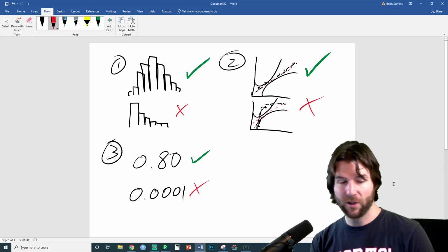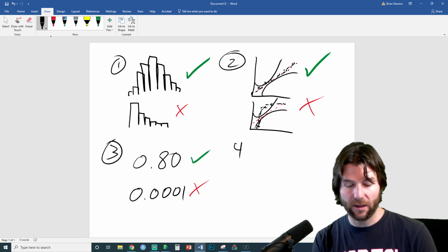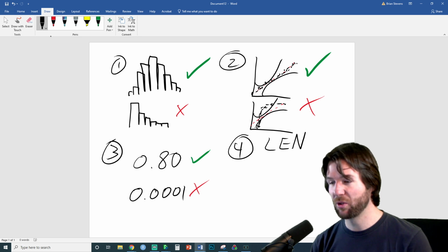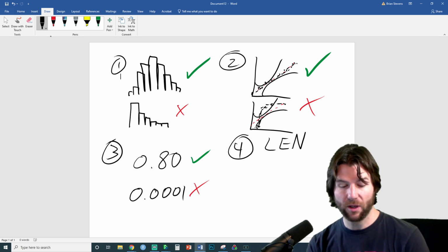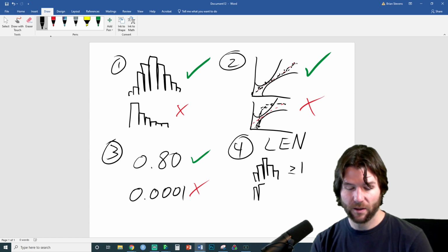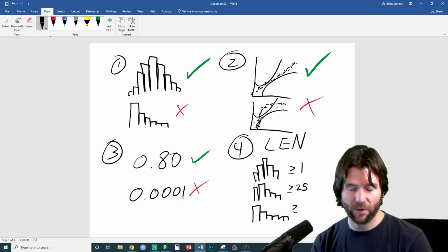The fourth way of knowing that your distribution is normal is the large enough n, so let's put a way right here, and we'll put large enough n right here. We're interested in the distribution of the mean. So if the distribution is normal, which you really can't see from one observation, then you only need n greater than or equal to 1. If your distribution is skewed, which we'll put a little bit of skew in here, then you need n greater than or equal to 25. And these numbers are a little bit subjective. There are higher order ways of doing it in statistics, so I've always liked 1, 25, 100.